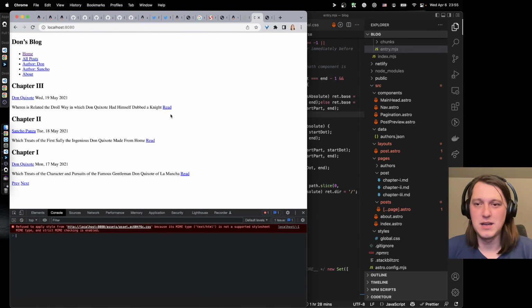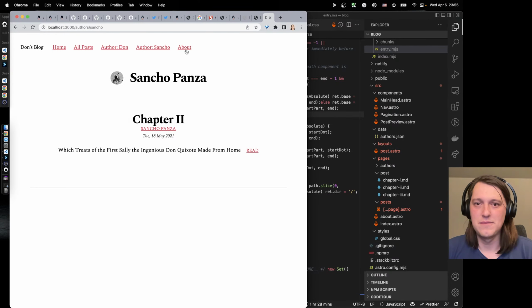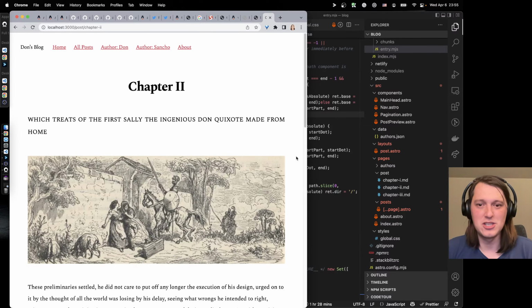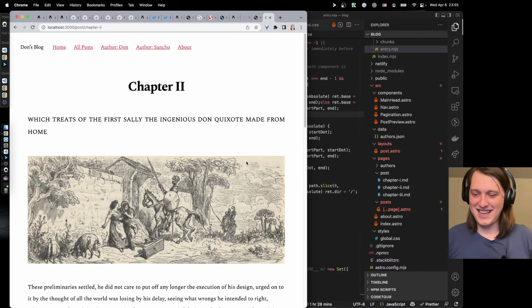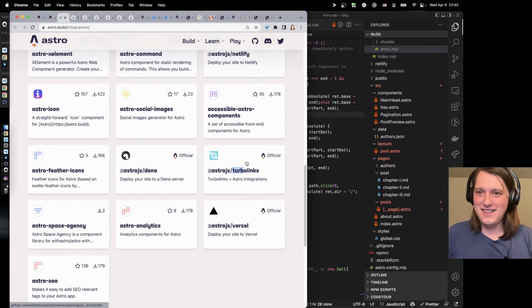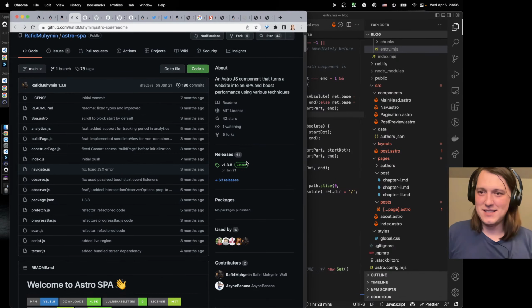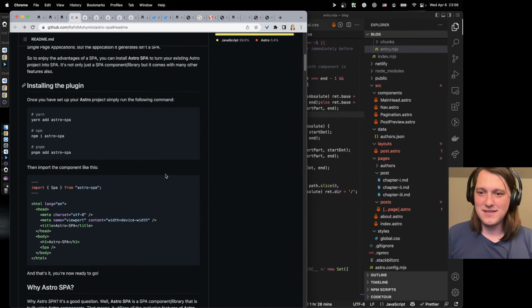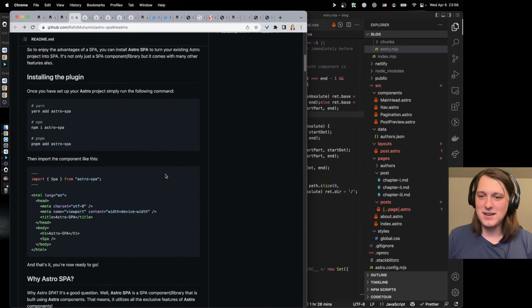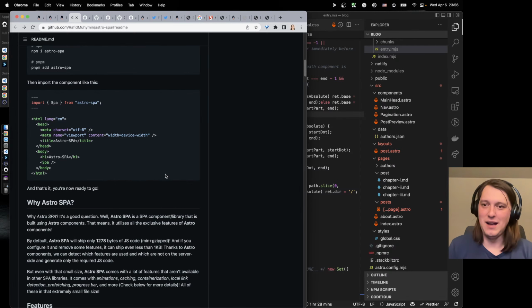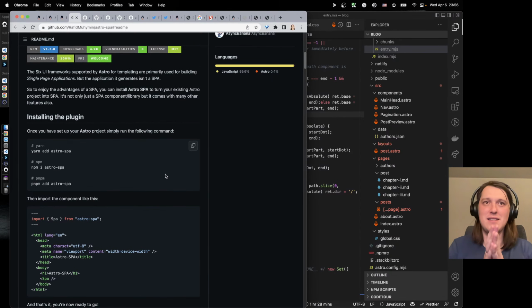When I click on this stuff, it does full page reloads, which for a small page like that, it's actually not any different. But yeah, it's not the SPA experience that I'm looking for. I'm looking at kind of like having a